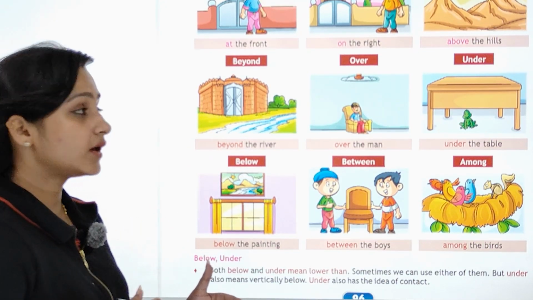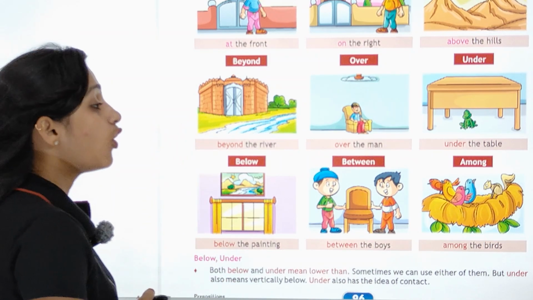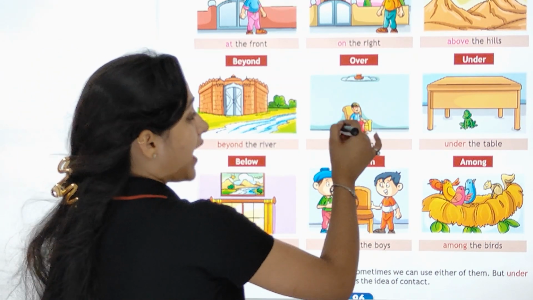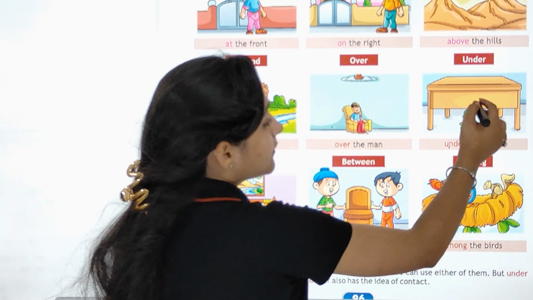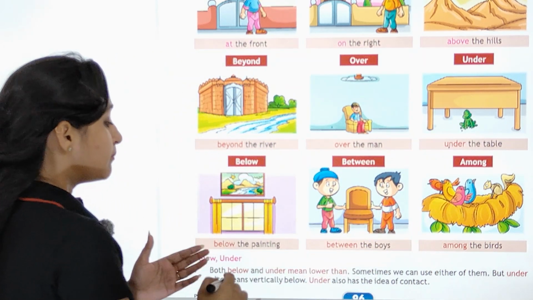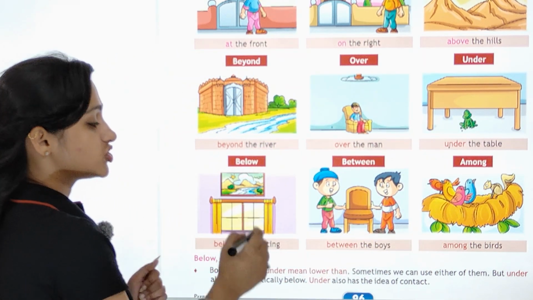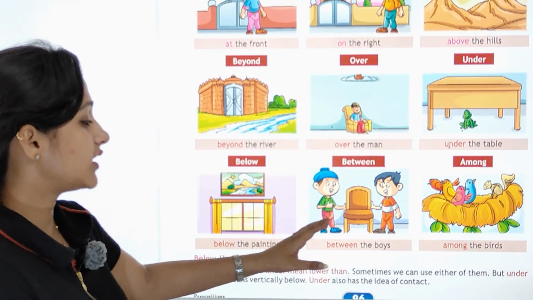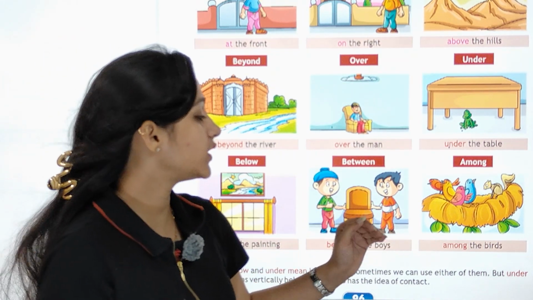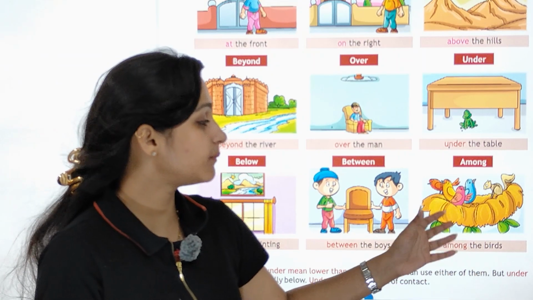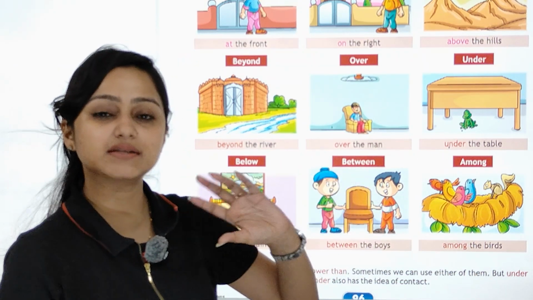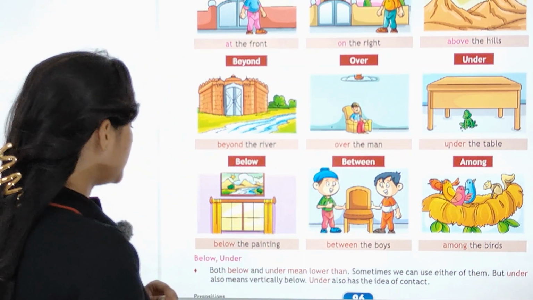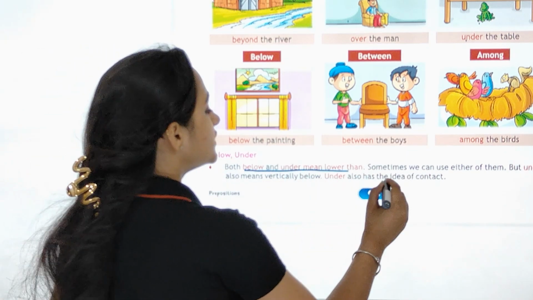Beyond the river मतलब river के beyond पीछे, so over the man मतलब man के ऊपर, under the table मतलब टेबल के नीचे, below the painting, पेंटिंग से नीचे क्या है, विंडो है, between the boys, boys के बीच में क्या है, चेयर है, boys के बीच में चेयर है, between आ गया ना, among the birds मतलब birds के among जब होते हैं जब एक दो से ज्यादा होते हैं. Now below और under, below and under means lower than,